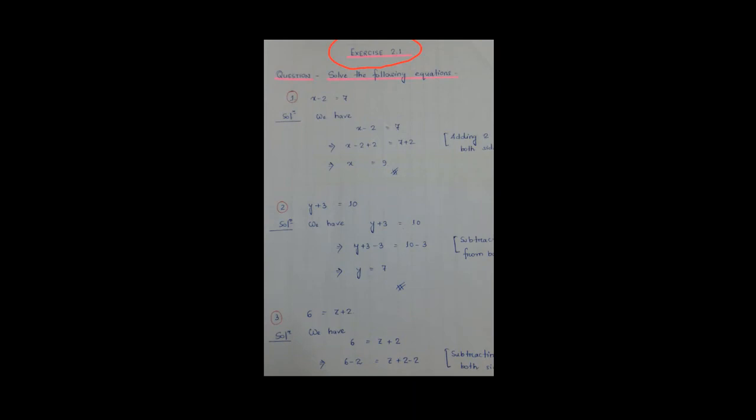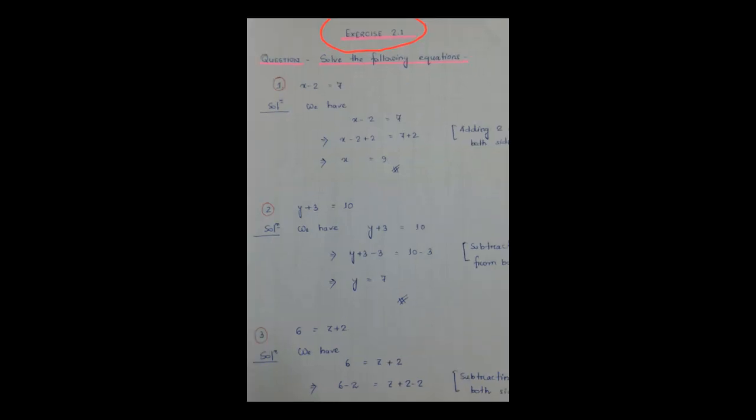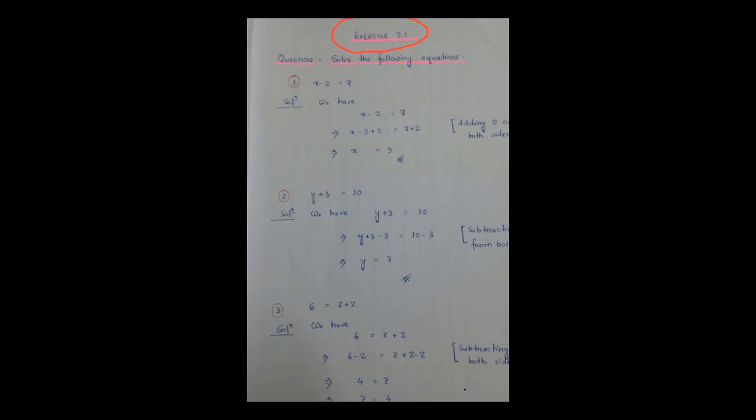This is a very simple question. x minus 2 equals 7. So while starting with the solution part, in this equation x minus 2 equals 7, in the previous video already I told you that